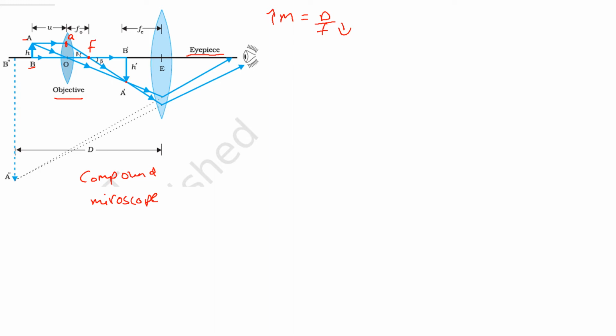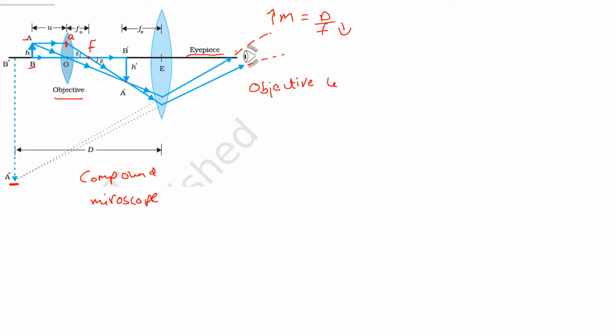Now if we further extend this, it becomes the virtual object for the eyepiece, and when it strikes the eyepiece, you can see on the other side that these are diverging rays, so they will never intersect each other, so you will not get a real image. So instead we extend them on the other side, and we get the image as A double dash B double dash. That's the working. So you will get a magnified image A double dash B double dash when you observe it through the eyepiece.